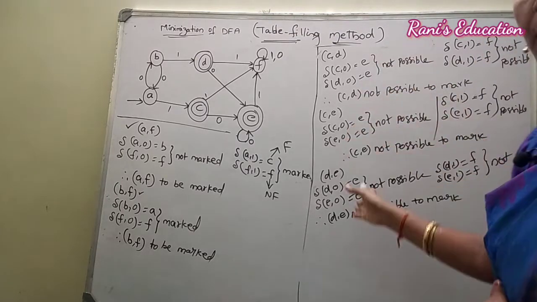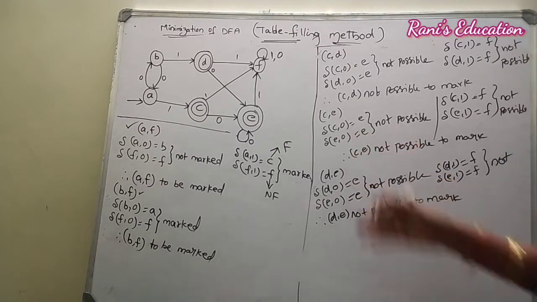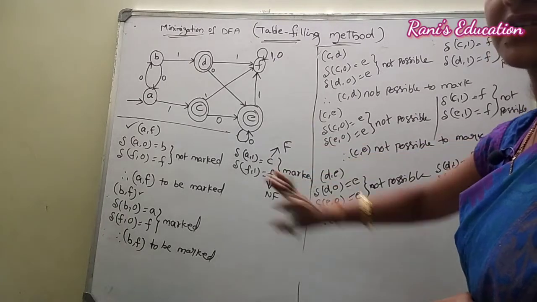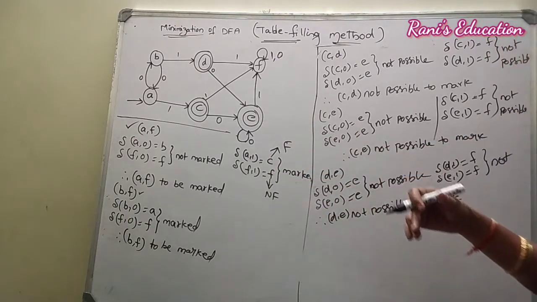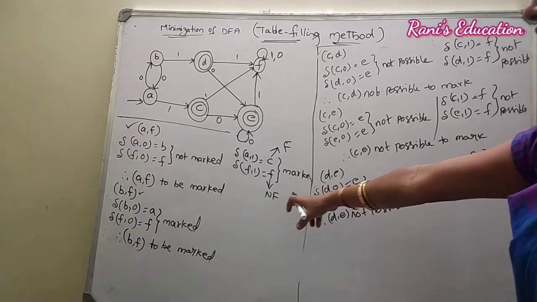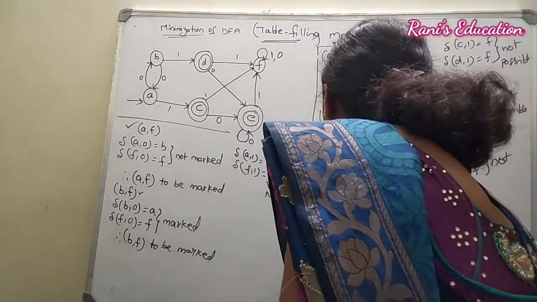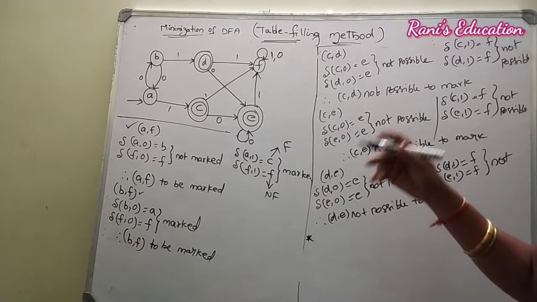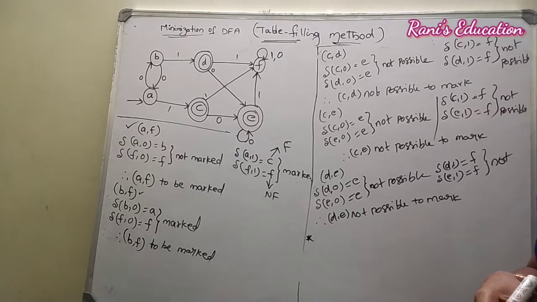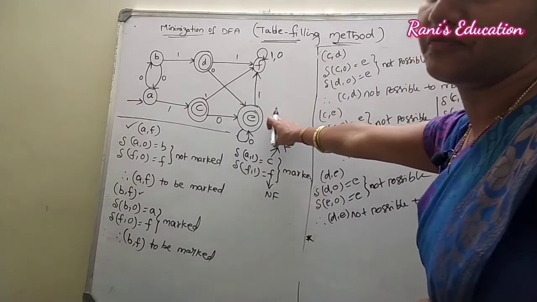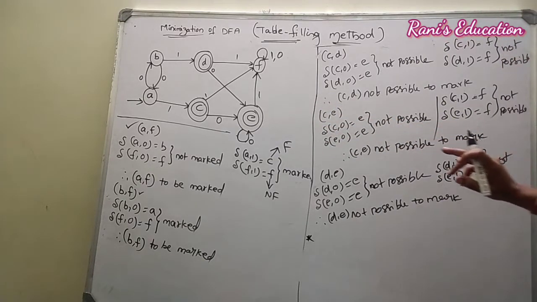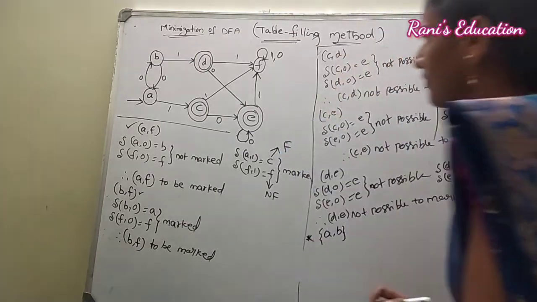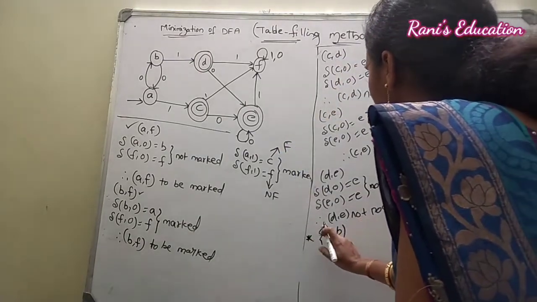So still are there any more state pairs left out in the third step? You can see that D is over. What about DF? DF is already marked in the table. Now, what are the unmarked pairs we still got? In the last step, we are going to combine all unmarked pairs together as a single step according to the given DFA. So here we can see, AB is not marked in the table.